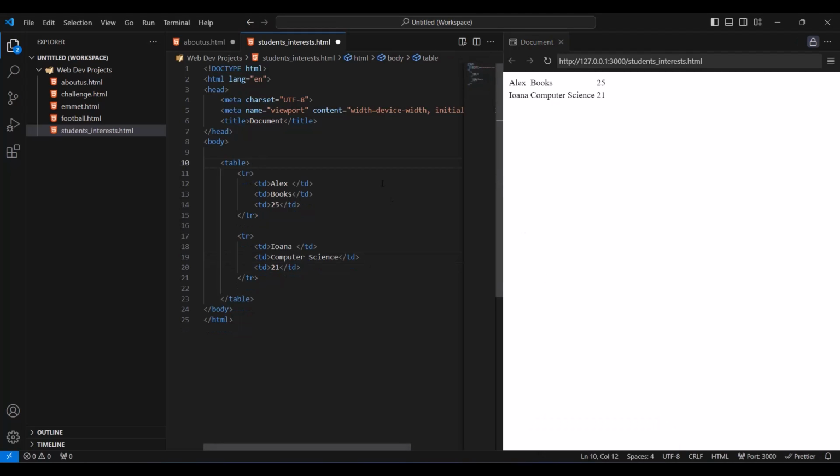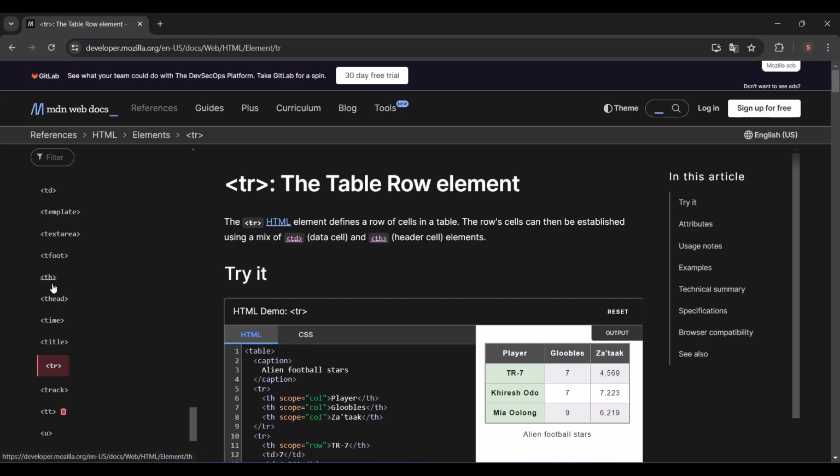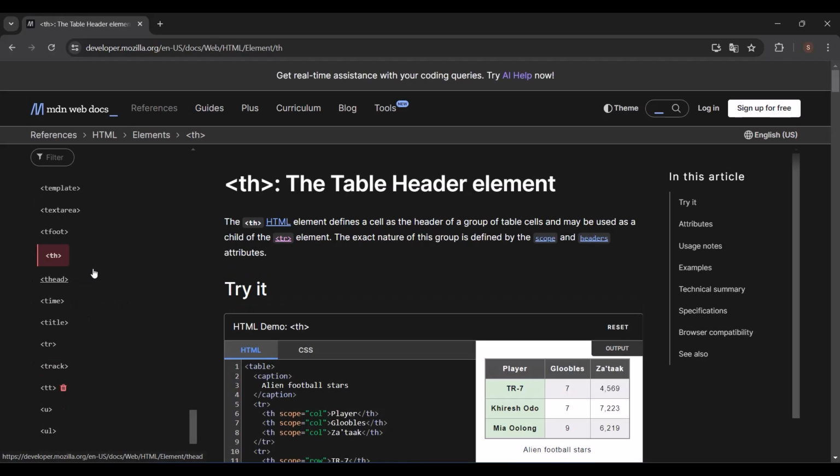Alright, so this is fine, but we are missing something very important, and that is the headers, because looking at this information we can't tell what this corresponds to. And for that we need to use another element, and that is the th tag. This element defines a cell as the header of a group of table cells. So this is going to generate the headers for our cells.